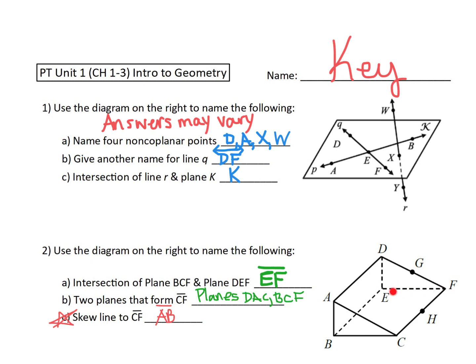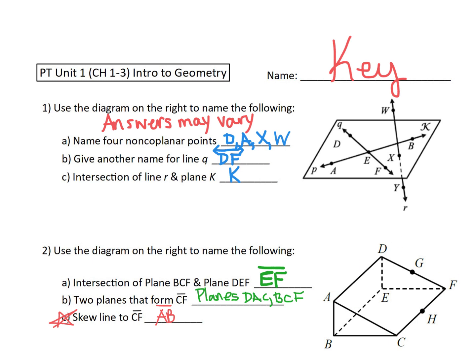there, or edge EF. The planes that are used to create CF are going to be this ramp here, the ramp going up, and then the bottom edge or the bottom of the triangular prism, just like BCF. So that's why I named BCF the same way, because it's that same plane, the one on the bottom. But then the ramp going up, you could use any 3 of the 4, actually you could even use G and H if you wanted to, but I'm using DAC just to keep it simple. But you could use DAC and F. You could also technically use G and H in there, but I was just focusing on